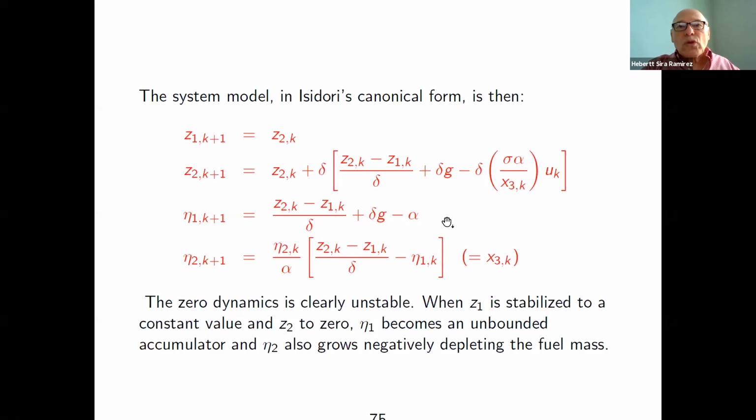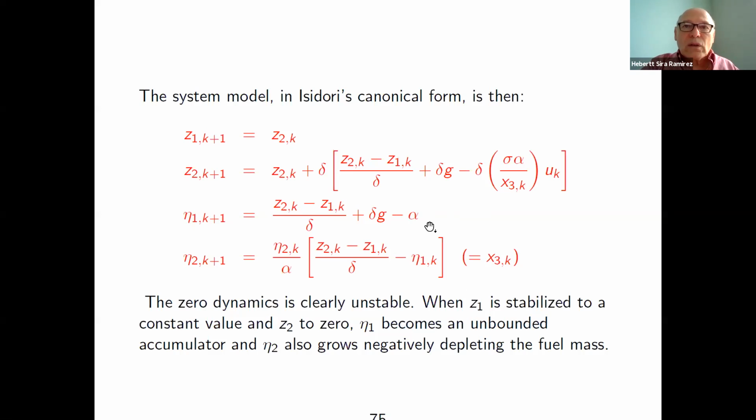Therefore, the dynamics associated with the mass of the system is unstable, in the sense that it's decreasing without any control, because your control objective was to keep the spacecraft hovering at a very small height, let's say, and you exceeded the amount of time that you needed to be there just to land. And therefore, your zero dynamics is going unstable, and you might deplete the whole fuel mass, but the mathematics will tell you that the whole mass is going to 0, which is because we didn't separate the dead mass of the spacecraft from the mass of the fuel.